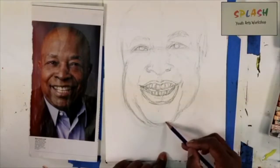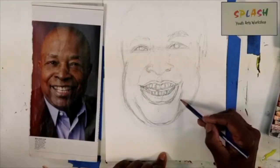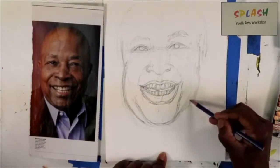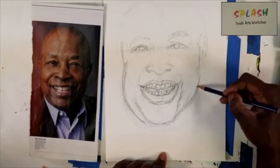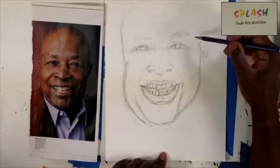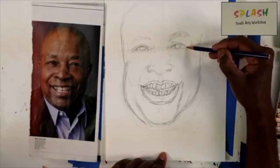See how I keep changing my lines? That's the value of sketching. See, this line here, I don't want that line. I want this one, and then this one. And I'm making little mental notes to myself. So I want to know, what is the distance between,